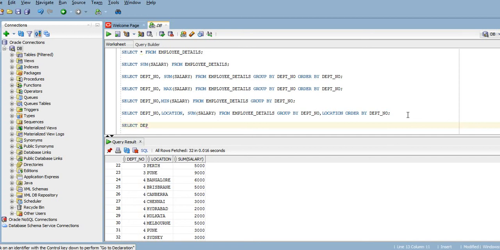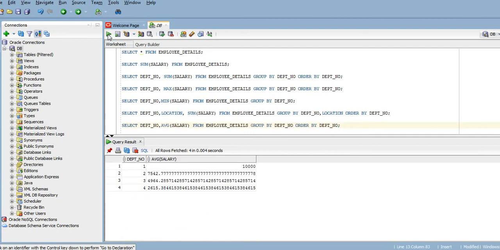Select department number, AVG salary from employee details, group by dept number. Let me write order by as well. Order by dept number. So if I run the query now, yeah, it is given like that for department 1